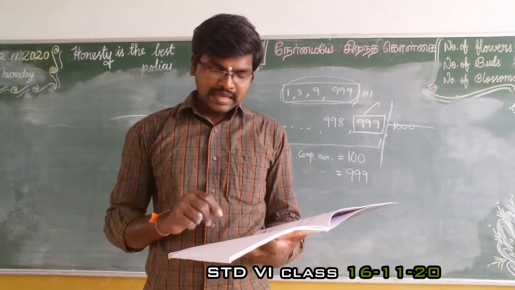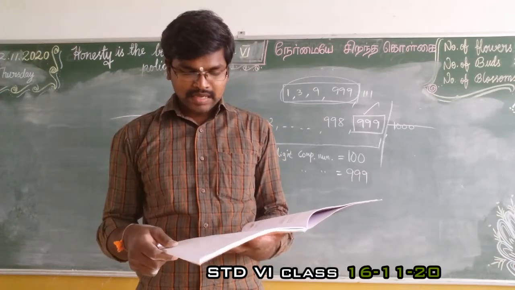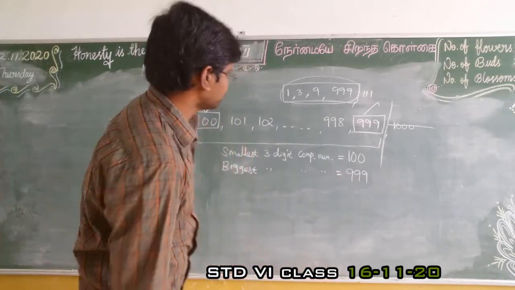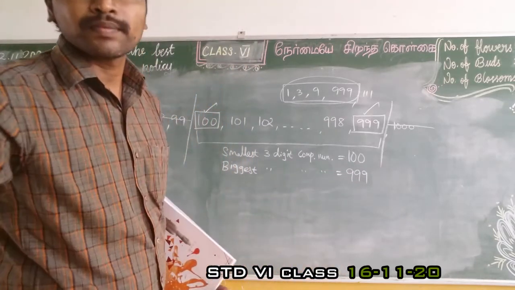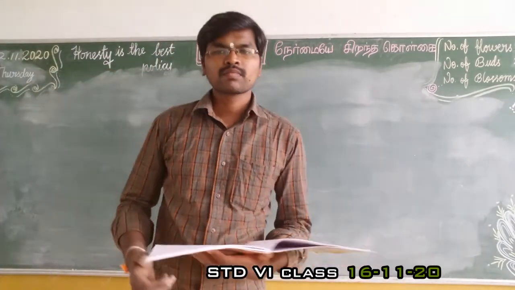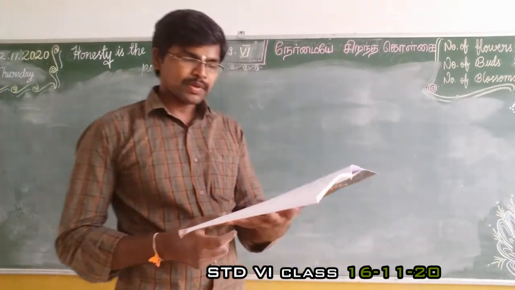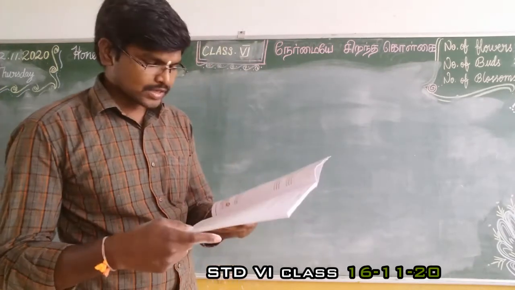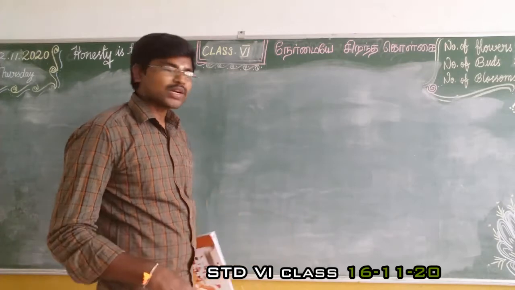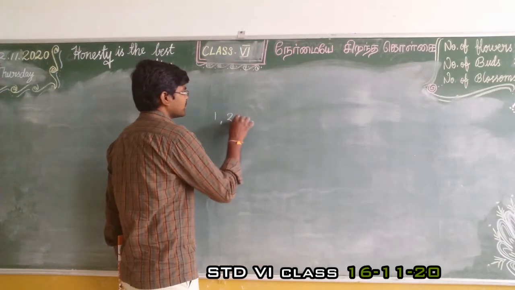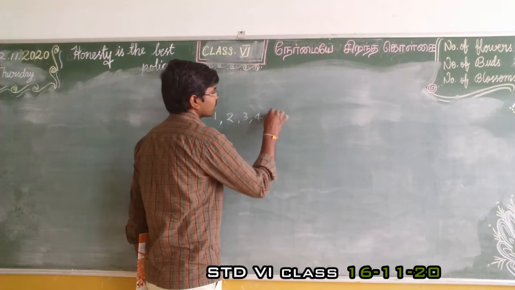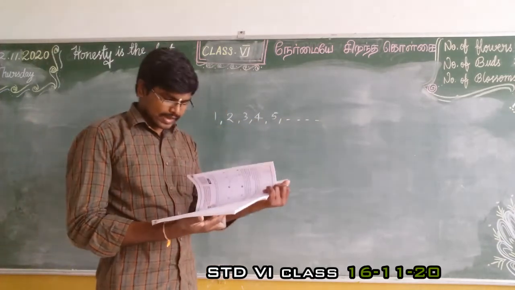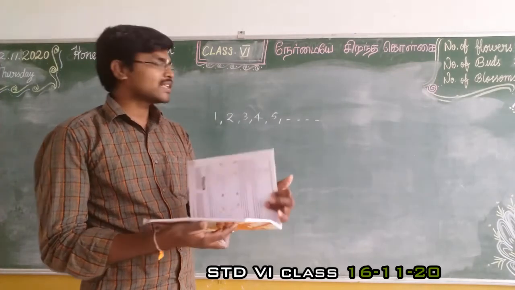Then the next one, question number 5. The sum of any three odd natural numbers is odd. Justify this statement with an example. Right? So question number 5. Sum of any three odd natural numbers. So natural numbers, as usual, start from 1, 2, 3, 4, 5 and so on, right? Especially the question has odd natural numbers.